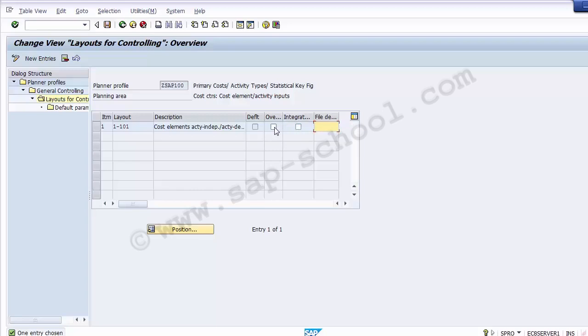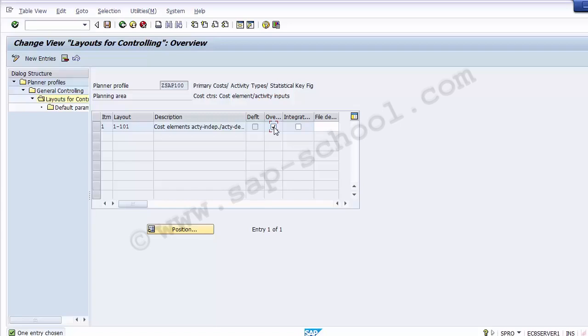You need to select one of these options. You have the option of creating your own layout. Now what we can do in this part is select this overview,